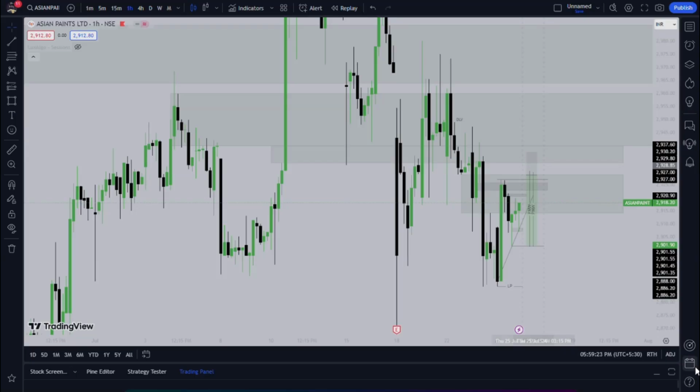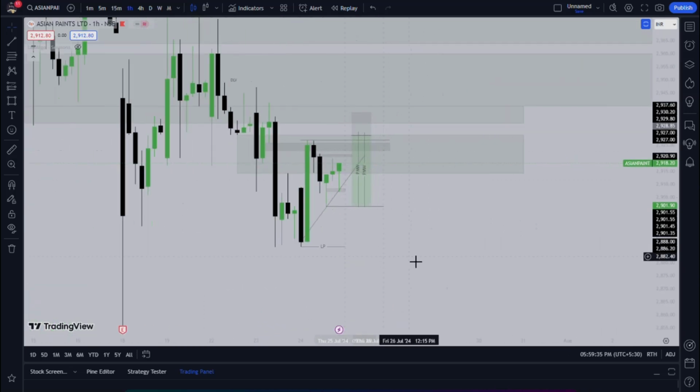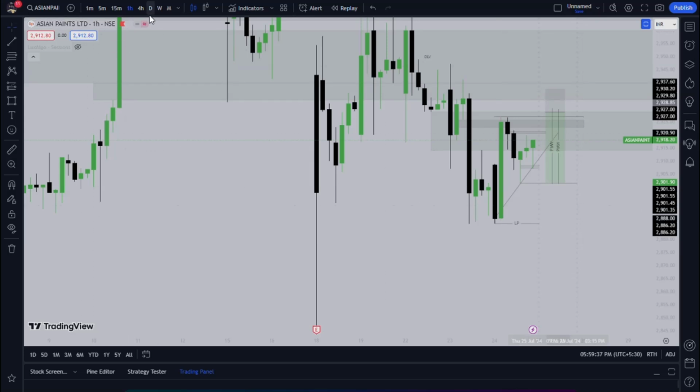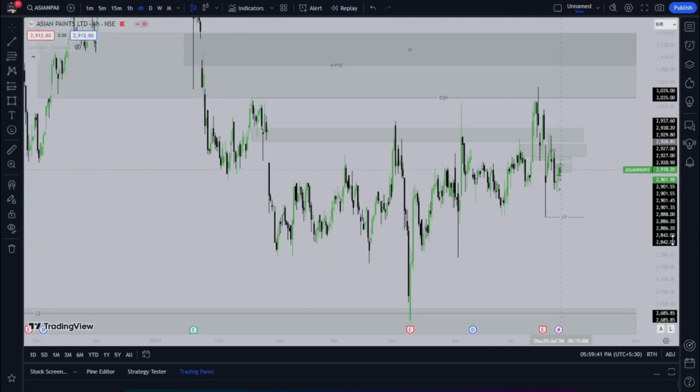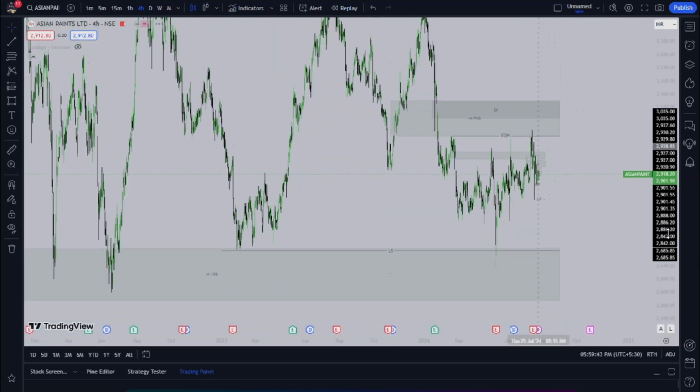All right traders, so the stock for tomorrow is Asian Paints. For now we are currently focused on only and only three stocks, right? And I'll just check out the 4-hour time frame, and in the 4-hour time frame you can clearly see this is how the market looks